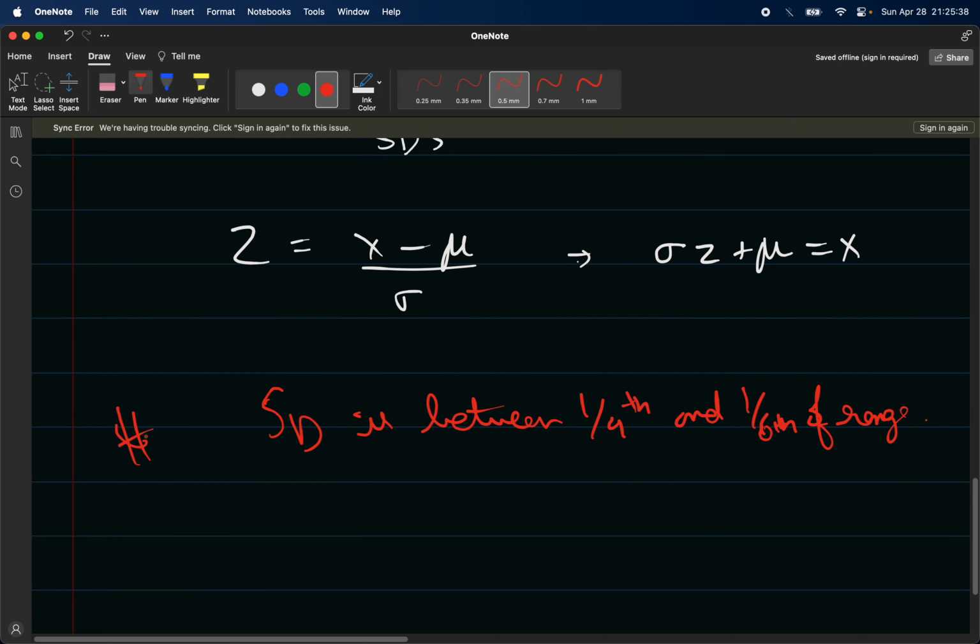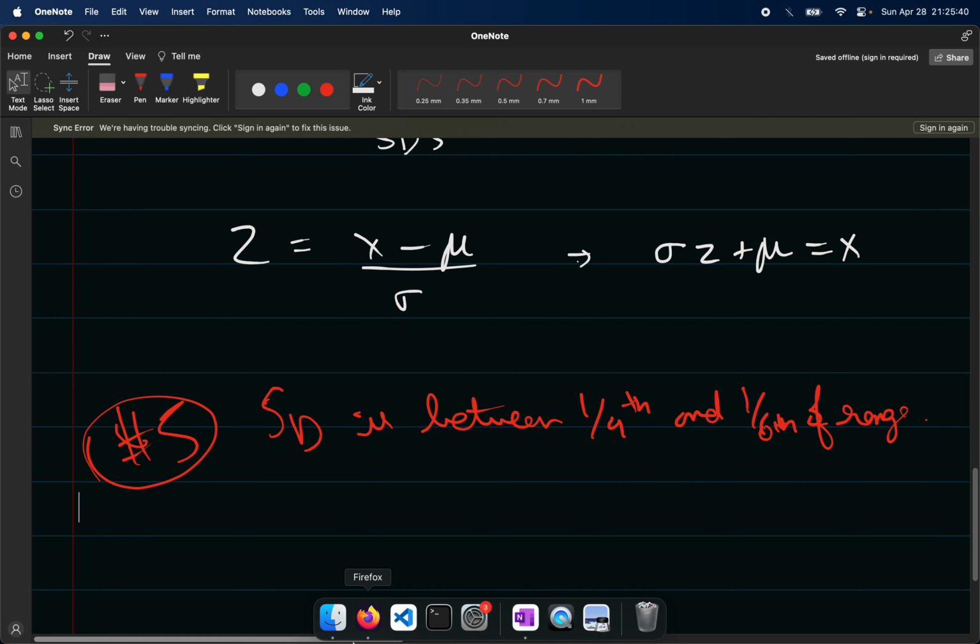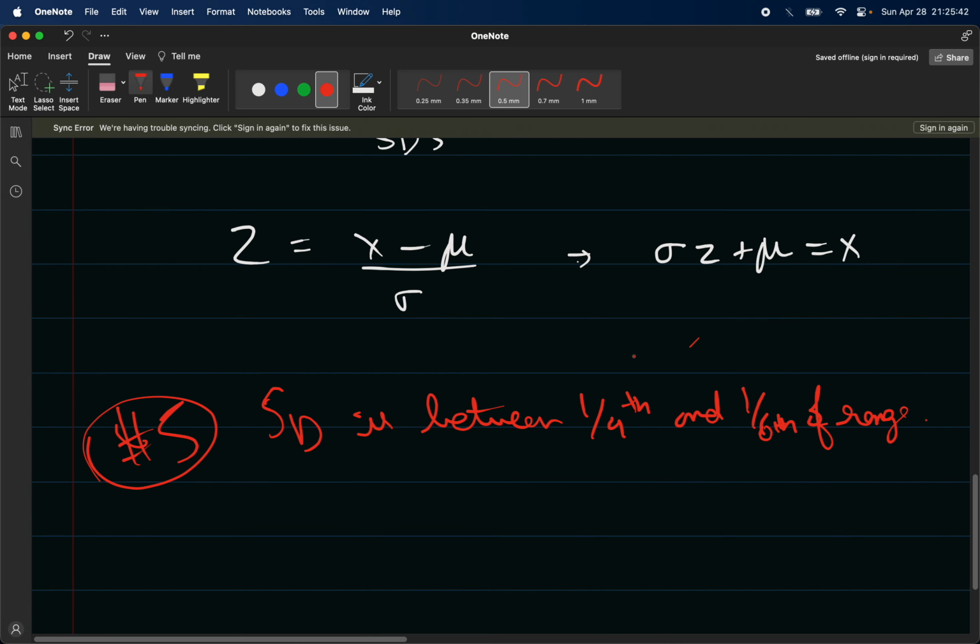So this is tip 5, because anytime you're given a problem and you're given range or something like that, you can use this theory, and then you can find out if your standard deviation is a reasonable standard deviation. You can use it to solve problems. Okay. Finally, there's only one more thing left, which is